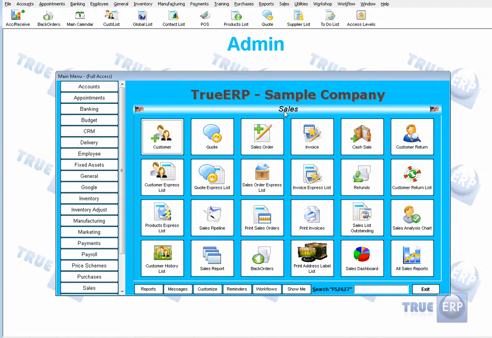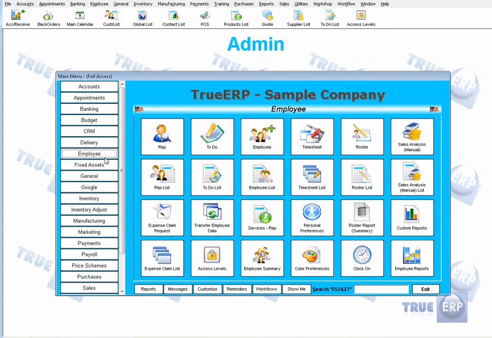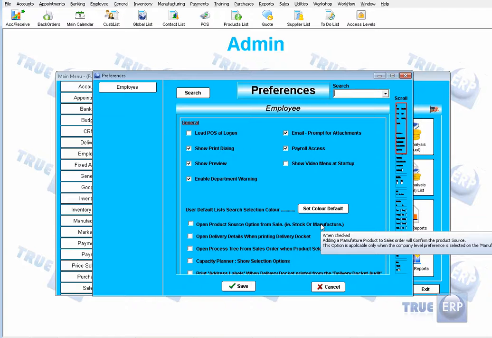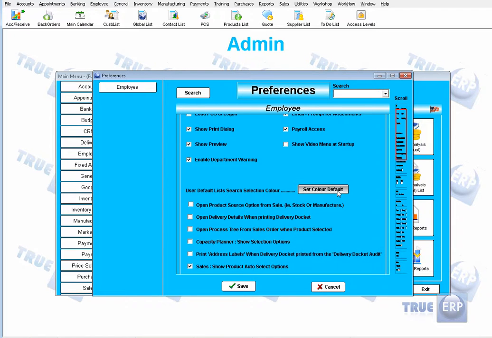Now, a couple other helpful tips that you can do here is that if you go to your Employee tab and you click on your personal preferences, these are your personal preferences within your True ERP. So again, if you have the access level to do so, a lot of these things you can go ahead and change and assign to yourself. For instance, if you had the access level to give yourself payroll, you can go ahead and do that, and you'll see that in this tab here. You can set everything here from your color defaults,